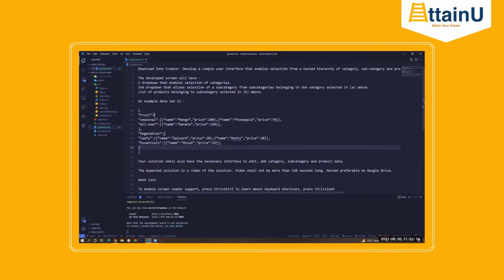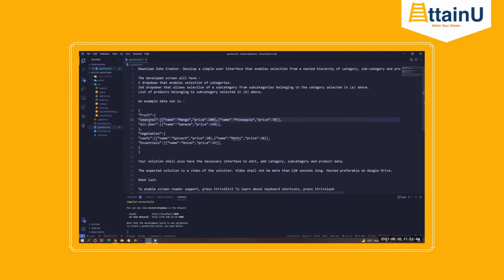The second way will be to do it in a recursive fashion, but for that the data has to follow a specific pattern which this particular JSON data doesn't follow. It has multiple different sorts of patterns. Fruit is an object and subcategories are an array of items, which are again objects themselves. So we'll talk about the second approach in brief at the end of this session.